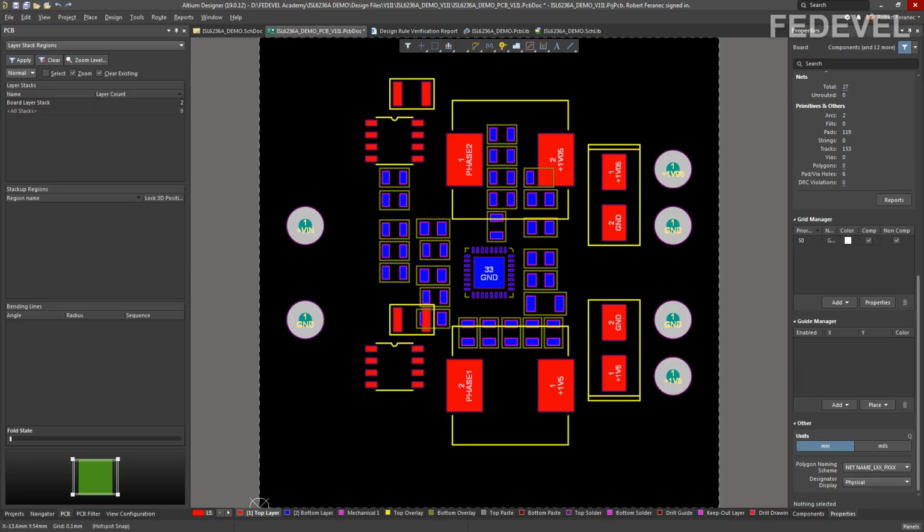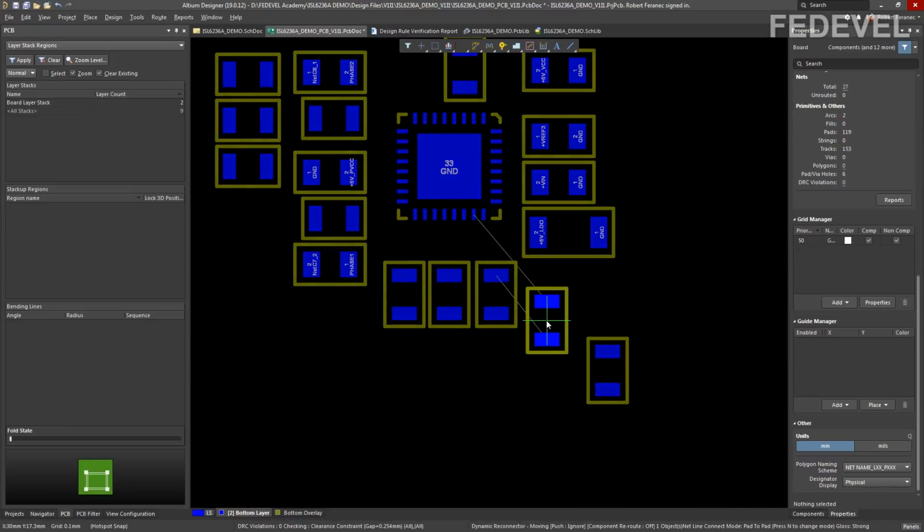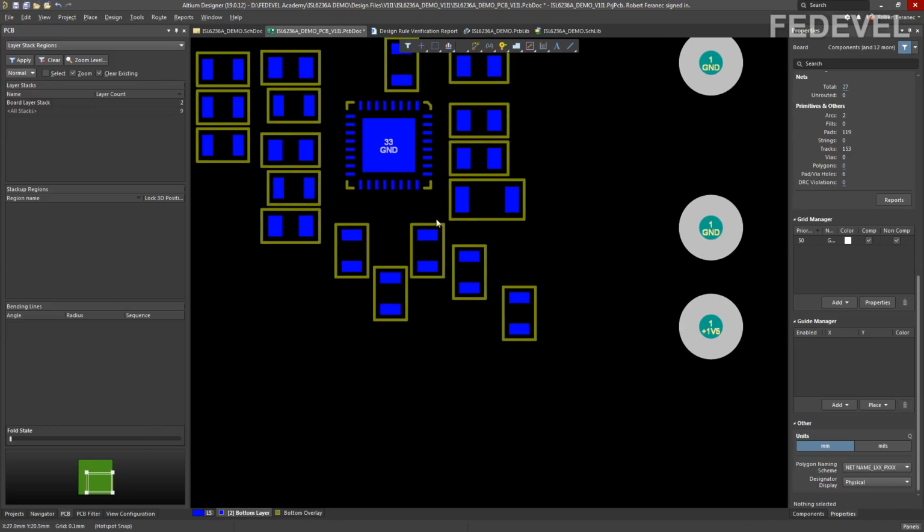Before we start with the layout, I would like to show you a few things which may be useful for you when you will be doing placement. I'm going to enable this bottom view and I will place the components maybe like this. The first thing I would like to show you is how you can align components. I don't really use this align feature, but some people do.